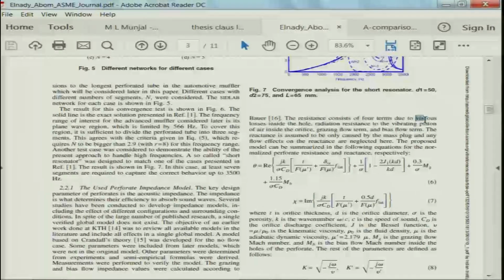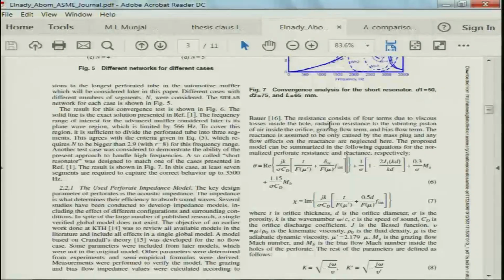First is the viscous losses inside the hole. What is that? This is this part, viscous losses inside the hole. They are very small holes, about 2 or 3 mm in diameter, and then radiation resistance. In typical courses in fundamentals of acoustics, you consider a piston oscillating in an infinite baffle, and then you find the radiation impedance or acoustic impedance right at the piston surface. There might be a reason why we study all these things. There are a number of applications related to the simple models, and you see the utility of those models now.